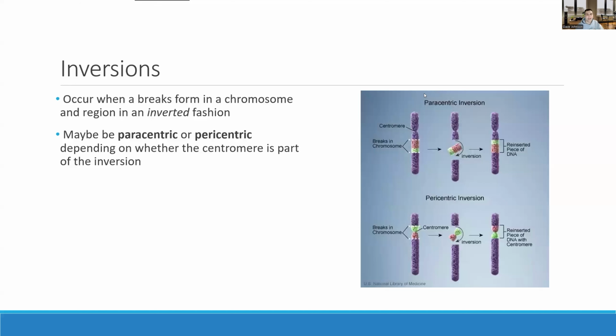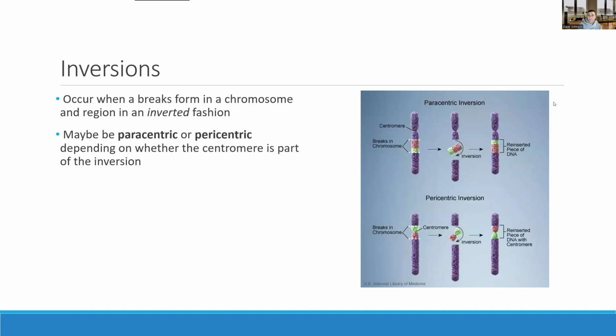So another type of error that can happen is called an inversion. This occurs when breaks form in a chromosome, and the region where the break is gets recombined in an inverted fashion. There are 2 different types of inversions, paracentric and pericentric, and what we're talking about is whether or not the centromere is part of the